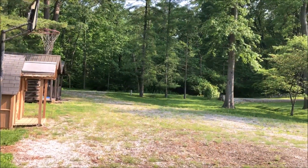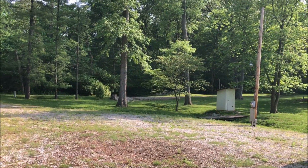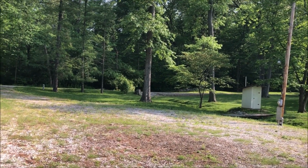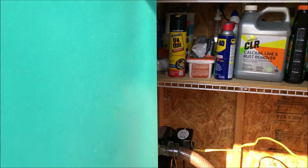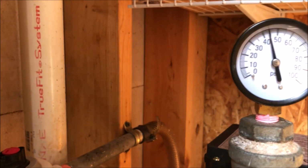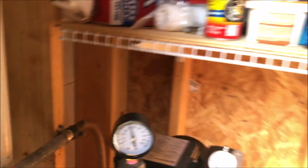First thing we're going to do is check out the water pump. We left it at 50 pounds. We think we had the leak fixed, so let's see what we've got. It's been a week and we're at 44 pounds. That's pretty good. We'll turn that back on